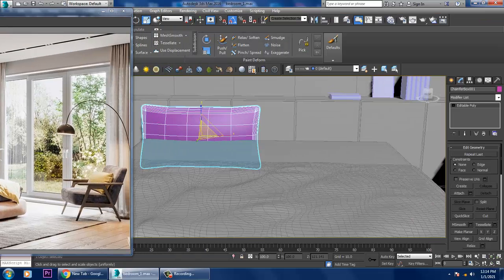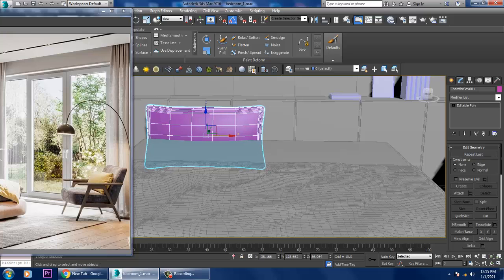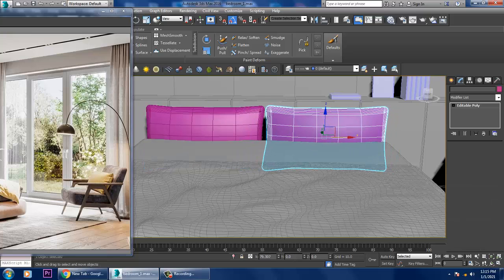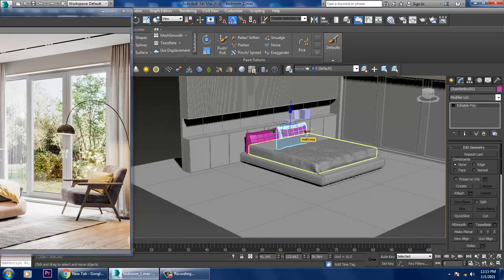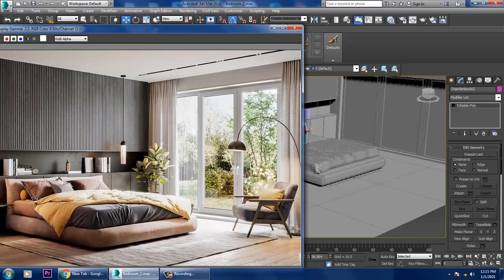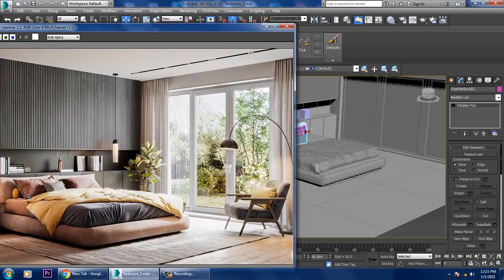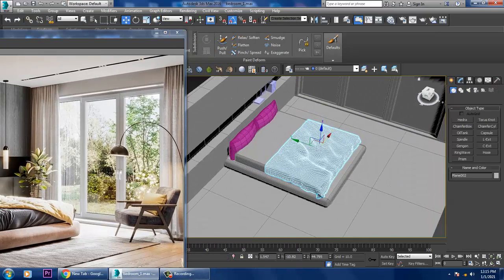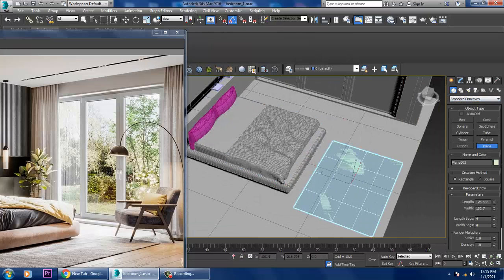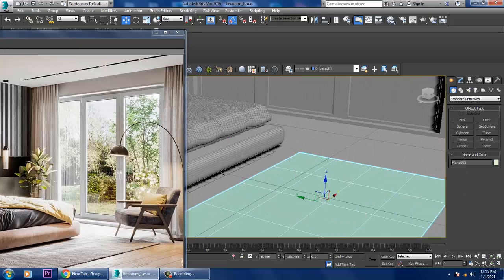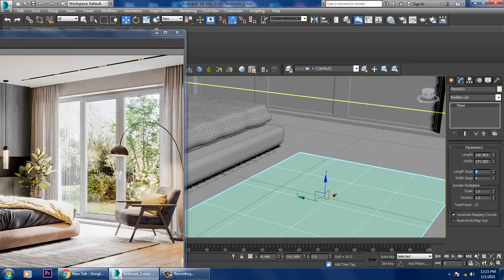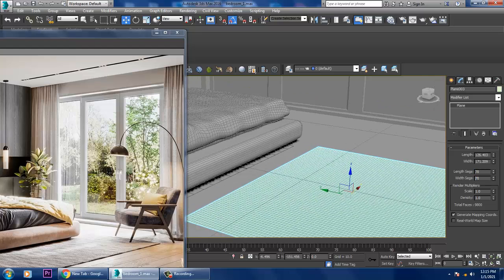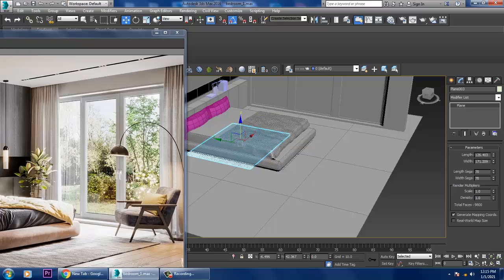So let's just slightly push it over here and let's make a copy of it. So we can easily make the copy of this, just save the file. Now what I want over here is to work with the bed sheet. So again I will take a plane over here. I'll be increasing its segments and I'll slightly just push it up,